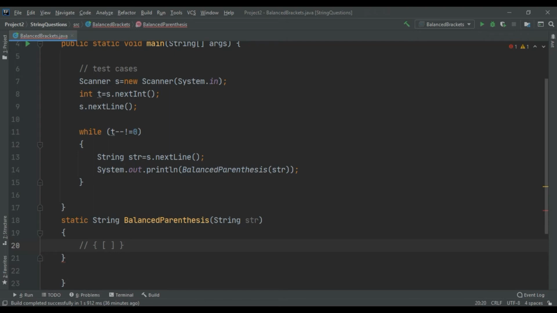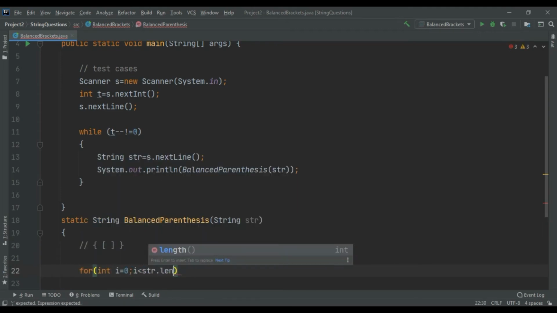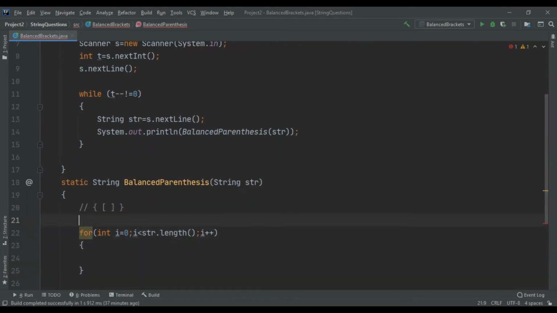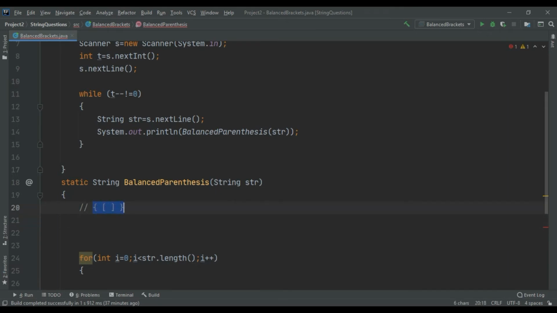So this is a balanced string. What needs to be done is that we need to loop from this start position till this end position. But a string is an array of characters, so we can use the stack data structure here.